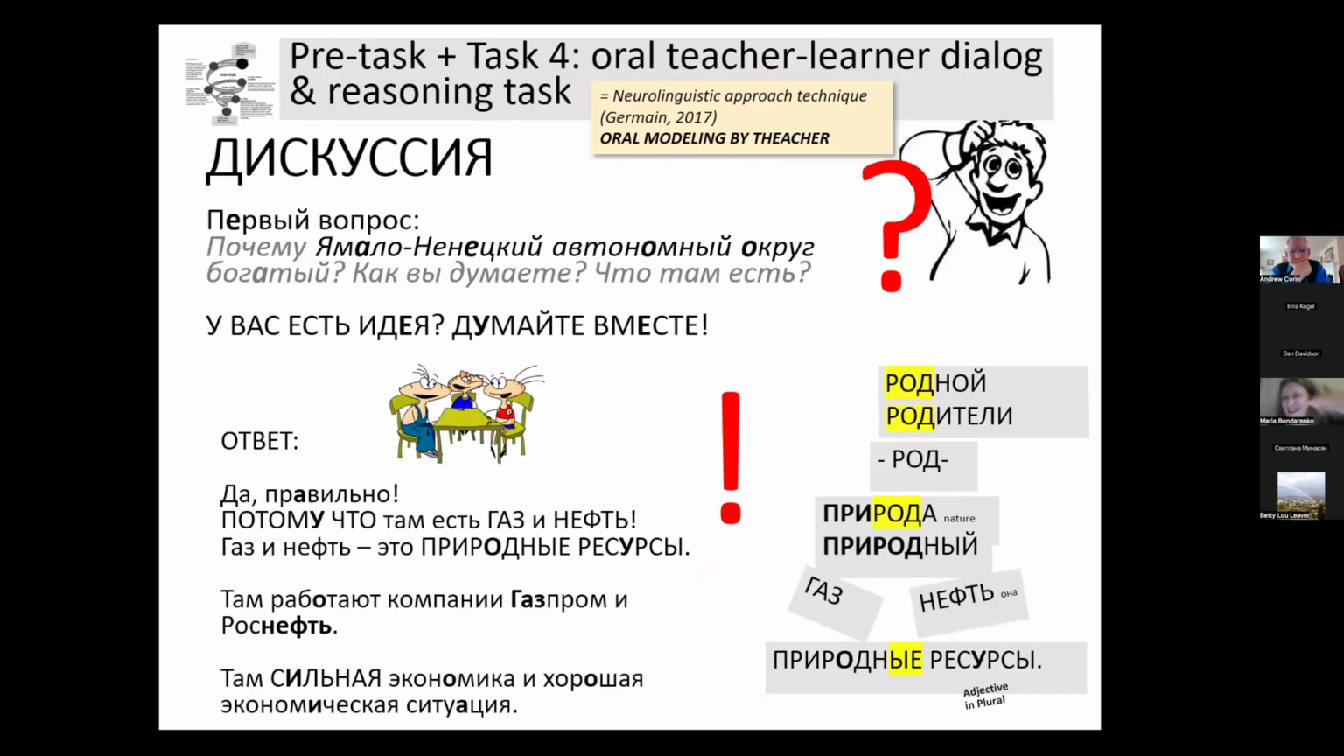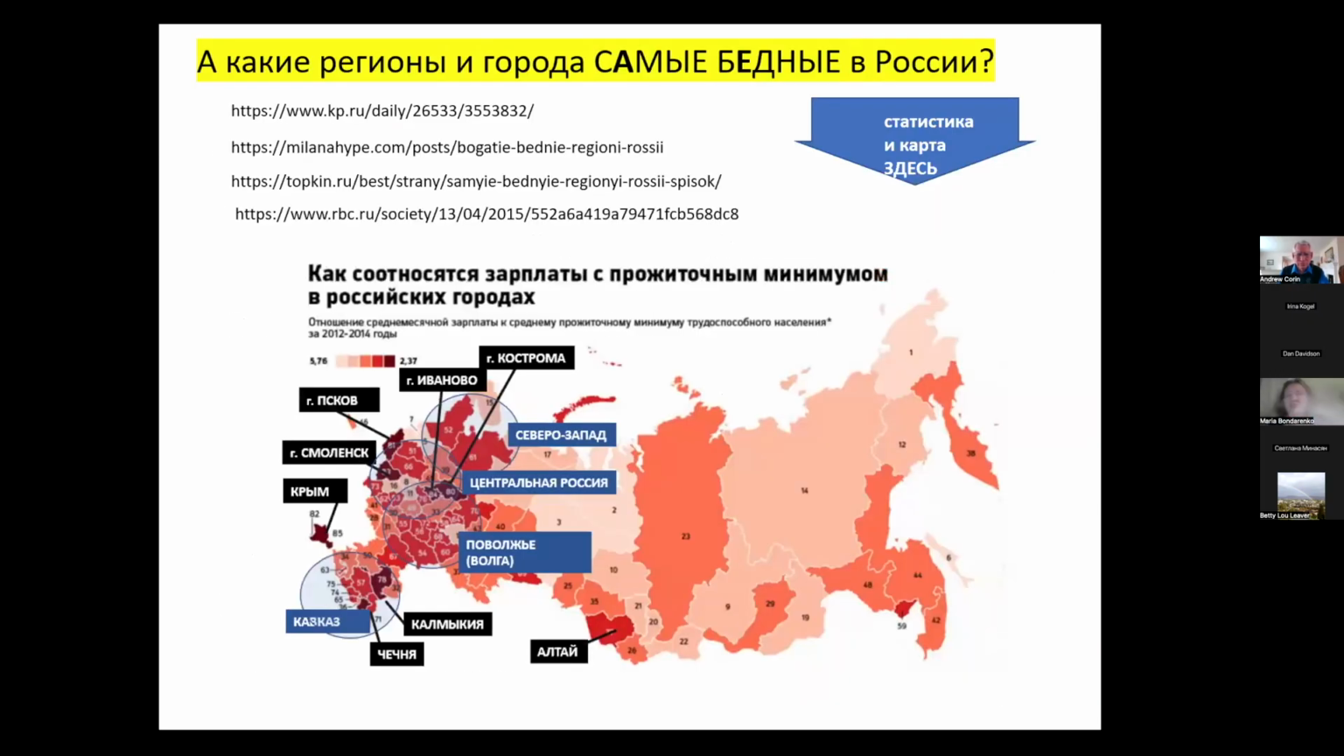The next task cycle begins with a new discussion. Почему Ямало-Ненецкий автономный округ богатый? Как вы думаете, что там есть? Applying their knowledge and their cognitive skills, they come out with the answer: потому что там есть газ и нефть. Practicing known structures like там есть, тут есть, газ, нефть, the root, род, is an opportunity to enrich their vocabulary knowledge. The same for the poorest